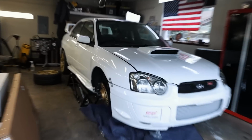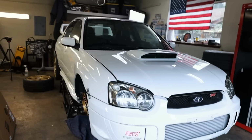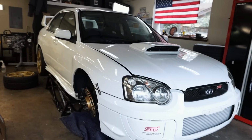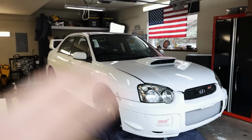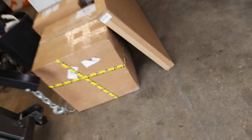Pretty happy with the way that this guy turned out, fully ceramic coated. I'm gonna leave it, and obviously I can't even drive it right now, but I'm gonna just let it chill so the ceramic coat can harden and the hydrophobic properties do their thing. I did get in the new front lip for this car, so we're gonna install this when we get back,